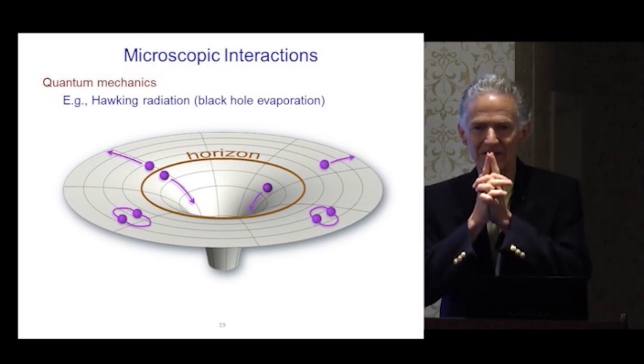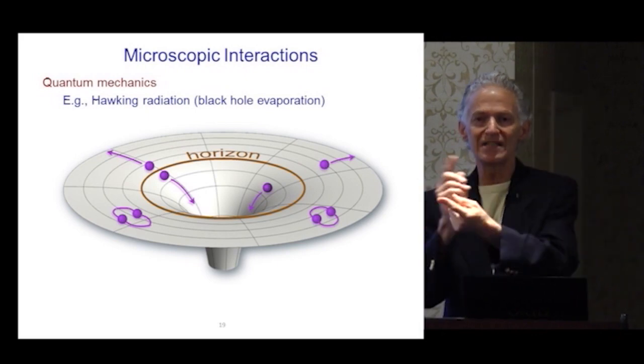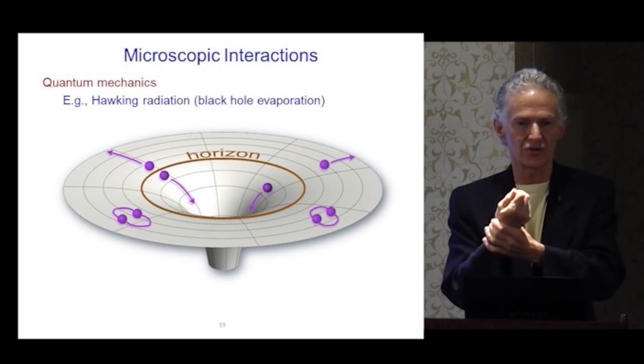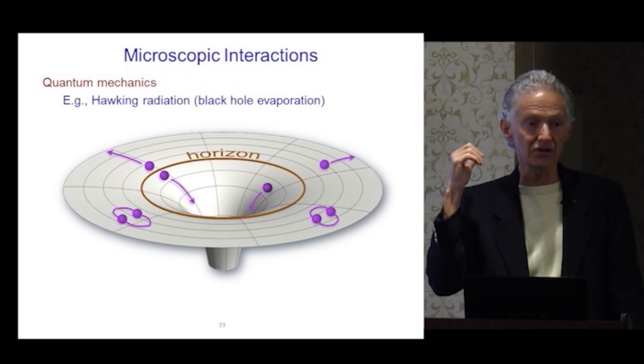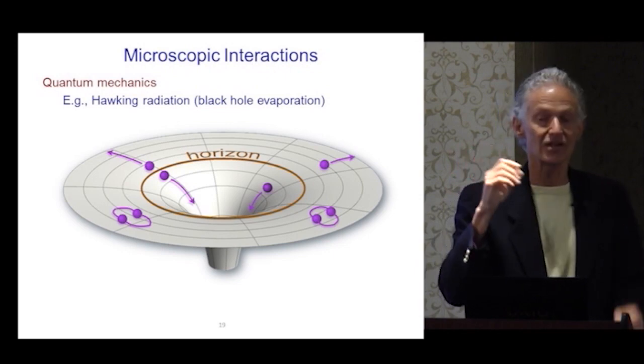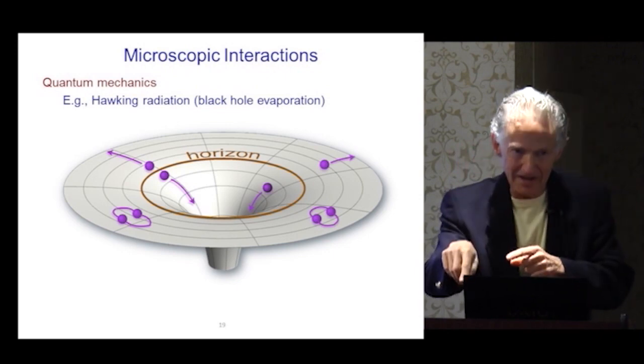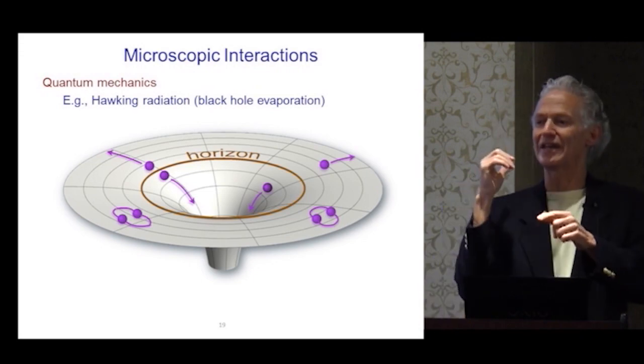So when I heard about this, I was really puzzled. Why doesn't the other process occur? Why don't you have the particle falling into the black hole, the antiparticle coming out, the opposite way, in which case, ultimately what you've done is you've just fed the black hole with more particles. You haven't had radiation. And statistically, you'd think there'd be an equal number of antiparticles going in and particles going in.